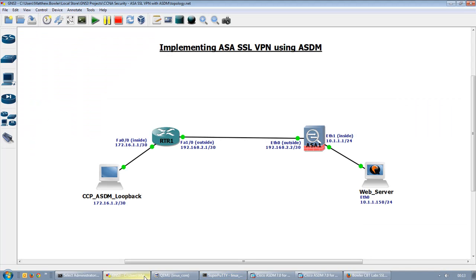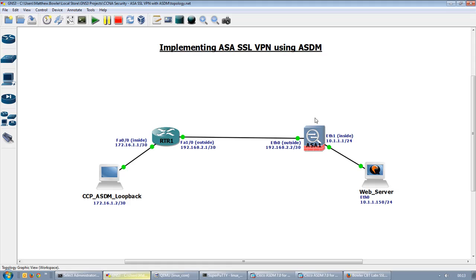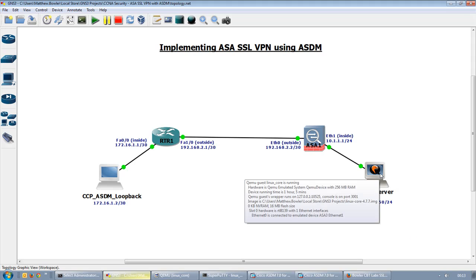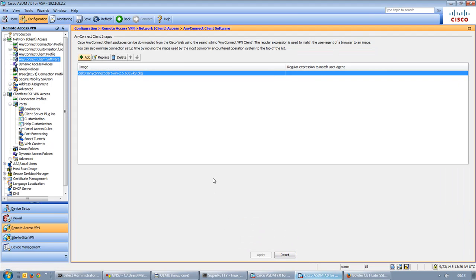So in this particular lab, just as a review, we looked at the ASA, we brought up clientless and client-based AnyConnect VPN. We established a tunnel between my local machine and the ASA to bring up the AnyConnect connection and then ping all the way through to the web server. We also accessed the device via the ASDM and performed the configuration entirely using the GUI. As you can see, there are a lot of features available. It's a very feature-rich system,